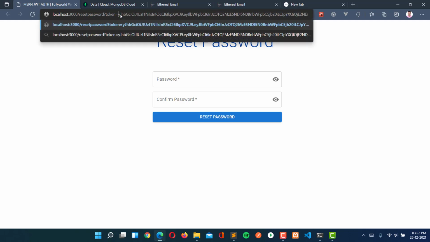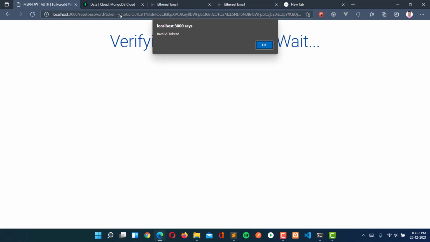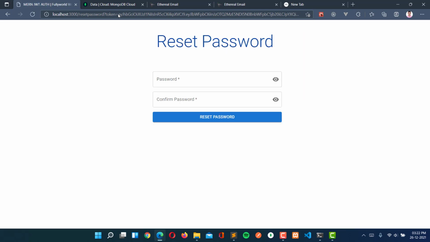Like this, I am cancelling the E and refreshing it, and here we are getting verifying token, please wait, and then we are getting invalid token here. And if I write E again and move like this, see that we are getting reset password. This means that our token is verified successfully here.